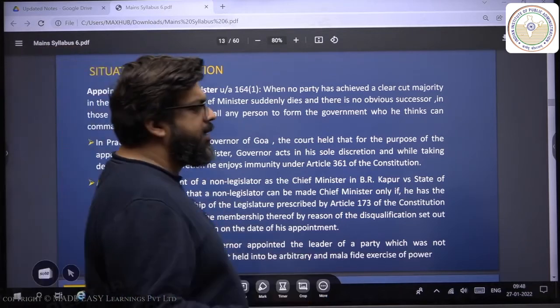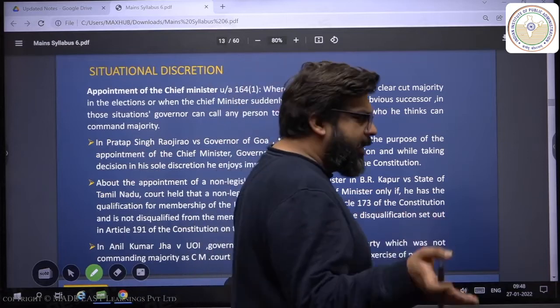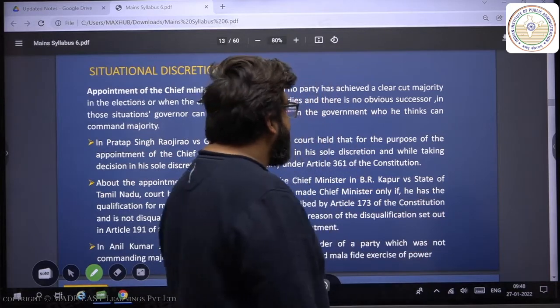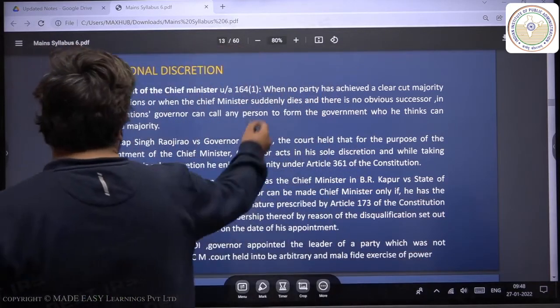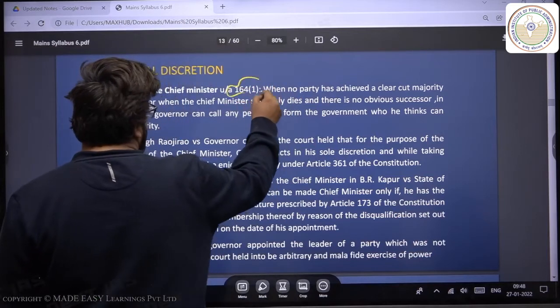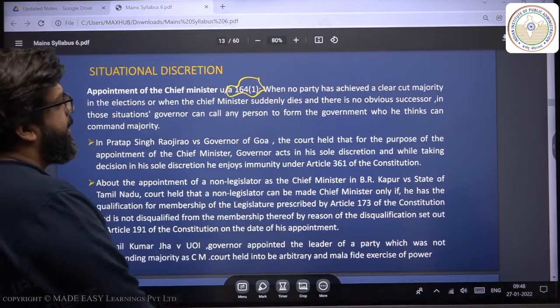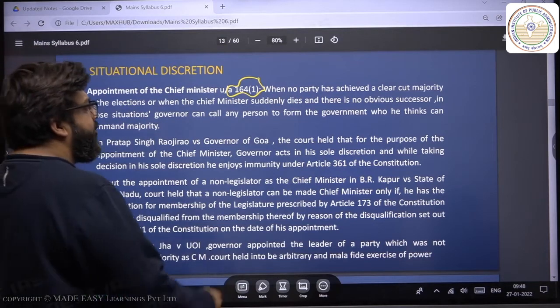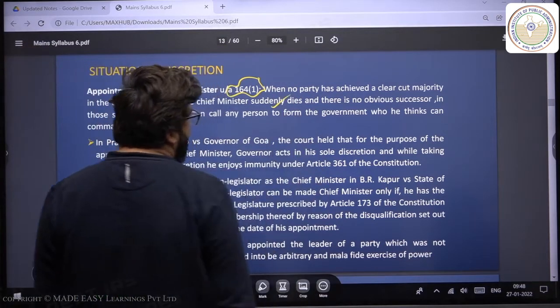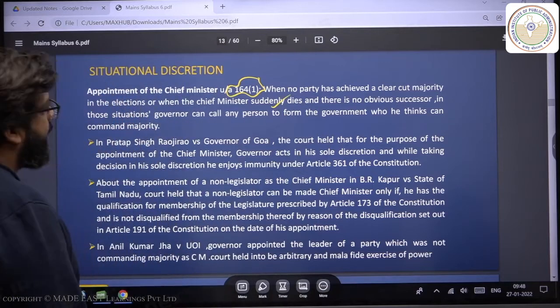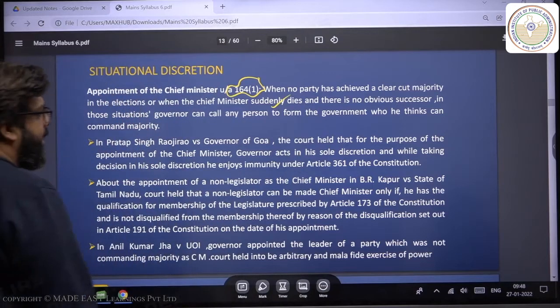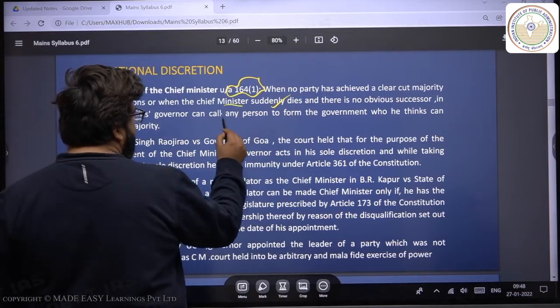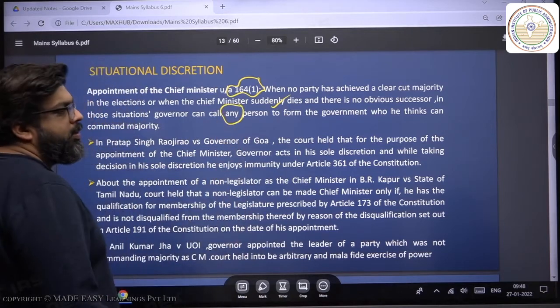Cases with Rajasthan, Madhya Pradesh, Karnataka, they've been very recent ones. So I'll give you a few examples. Under Article 164, Clause 1, when no party has achieved a clear-cut majority, or when the chief minister suddenly dies and there is no obvious successor, in these cases, the governor can call any person to form government who the governor thinks